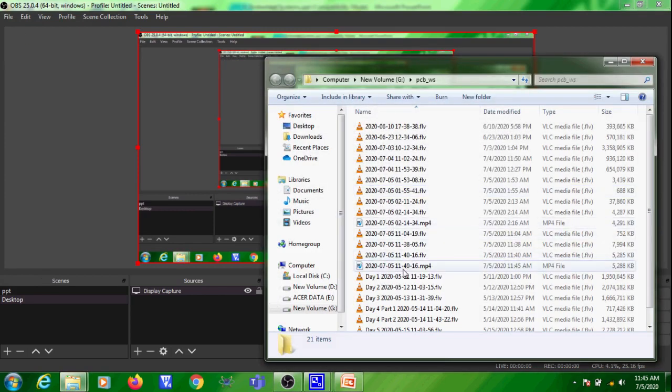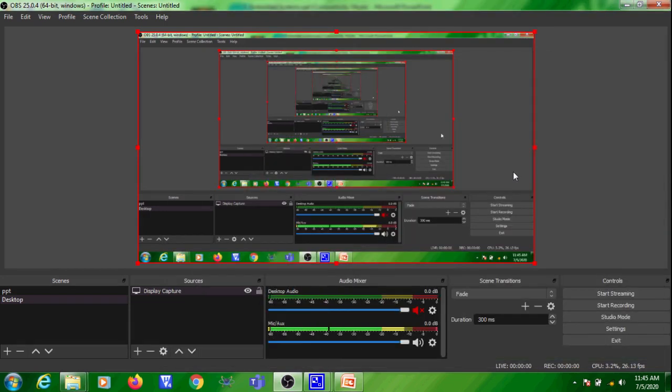So here you can see your MP4 file is there, and the size of both the files will be almost the same, only a small difference will be there. So this is how you are converting FLV to MP4. But generally nowadays in video editing software, this conversion is not required. FLV files are also supported in most video editing software.